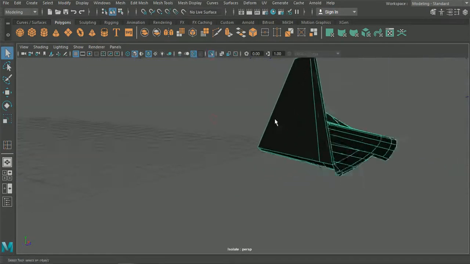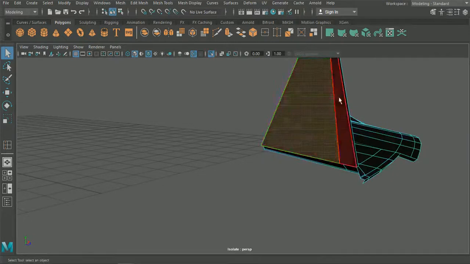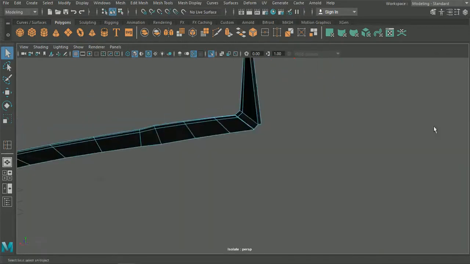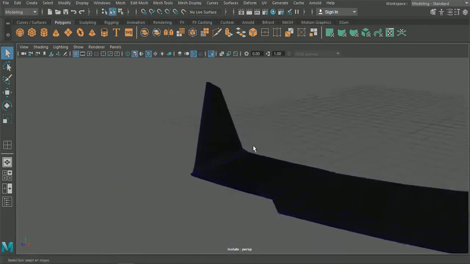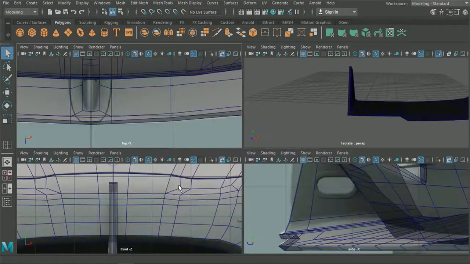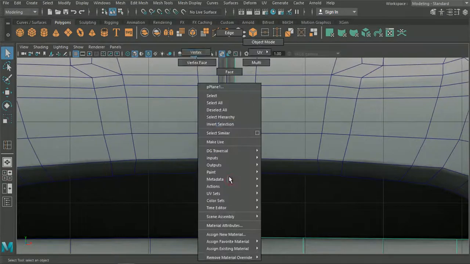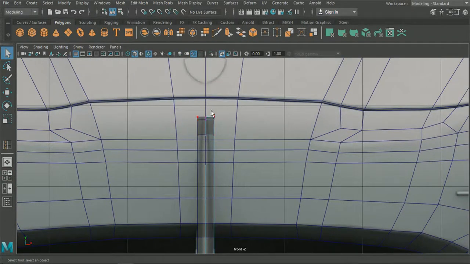Again, I'm going to need to isolate this because we're going to have these rear faces here. Again, we'll take everything off this back section too. And we'll maybe leave the top for now actually. Let's do something like that. So what that's going to allow us to do is make the actual